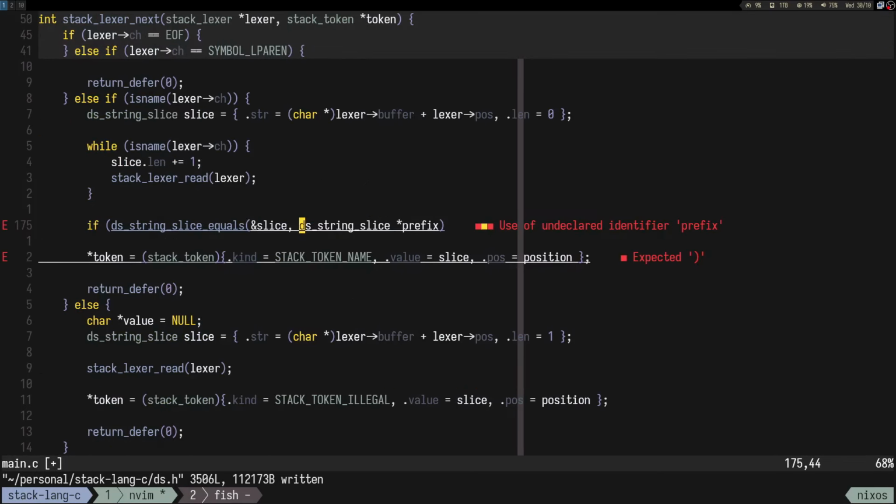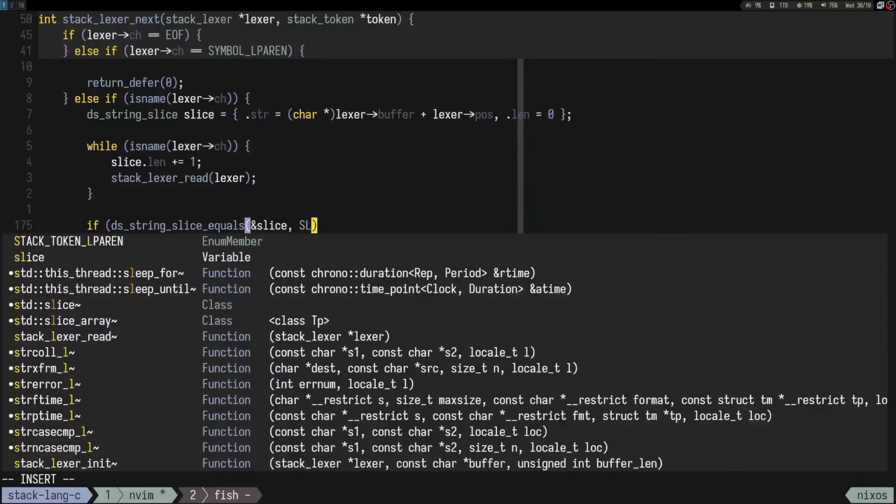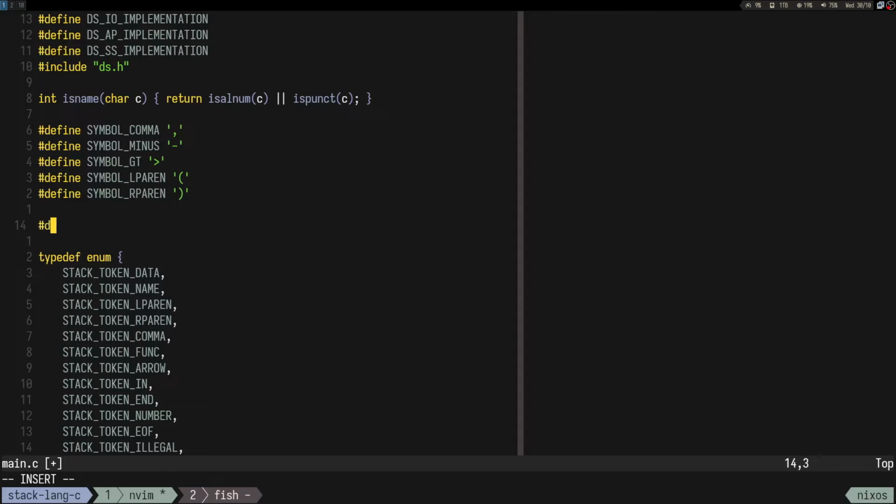So what I would do then here is have something like a slice func, maybe a define slice func, and then this thing is ds string slice. How do I do it? Like this, and then str is equal to func, len kebab len is equal to 4 and allocator should be null, but I'm pretty sure that